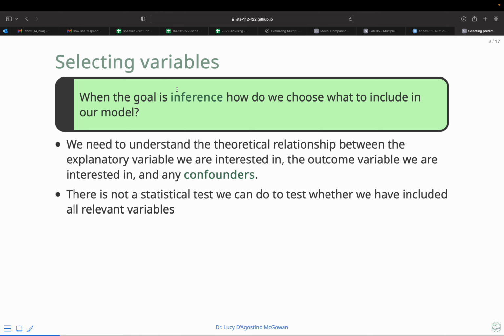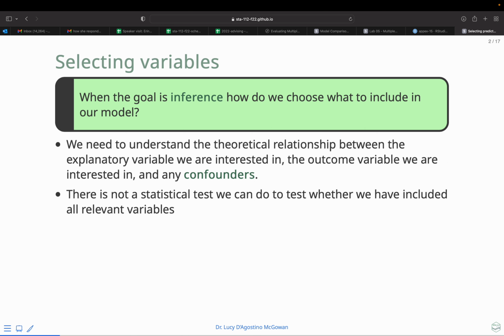It turns out there's not actually a statistical test that you can do to assess whether you've included all relevant confounders or all relevant variables when the goal is inference. That's because just because two variables are correlated doesn't necessarily mean that they're causal. We know this pretty well from the correlation is not causation issue. That's why there's not a good statistical test to assess whether you have all the confounders, because a variable could be